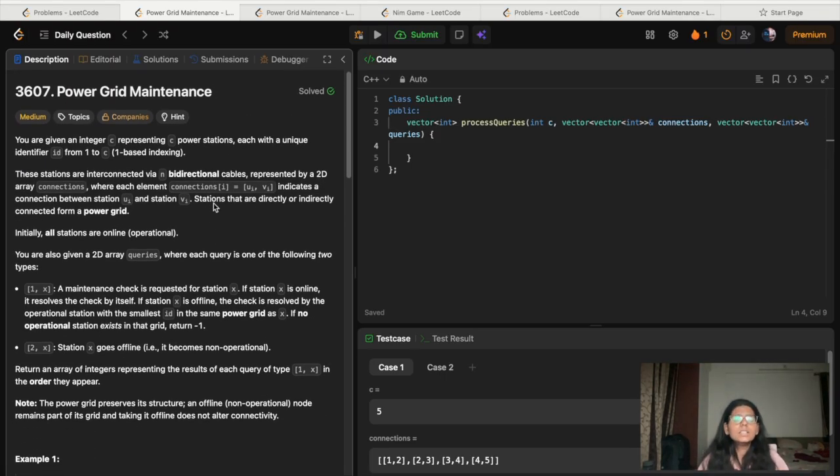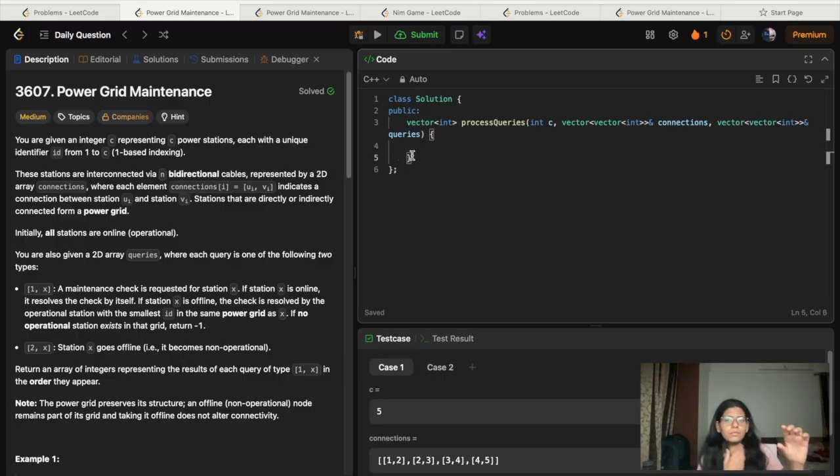So basically, the first thing that comes to my mind is C nodes and connected edges. We go to one node and ask, we want a maintenance request, can you give me the maintenance request? If it is online, then it will respond, our maintenance request will be fulfilled, and that node has completed our maintenance request, and that is the answer of that query.